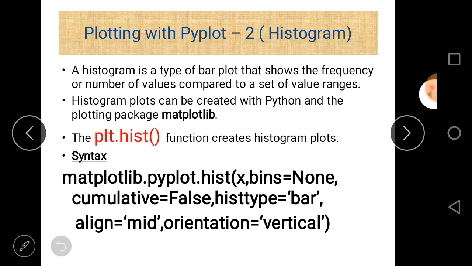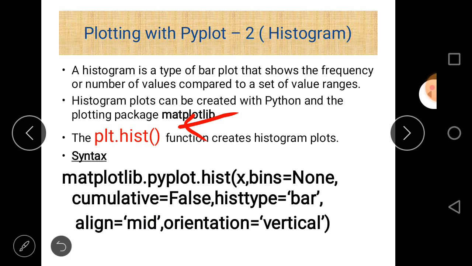Frequency of numbers means how many values lie between a particular interval, or how many values are repeated for a particular set of interval or for a particular number. The frequency is the count of values that lie between a particular range, and for this purpose we can create a histogram.